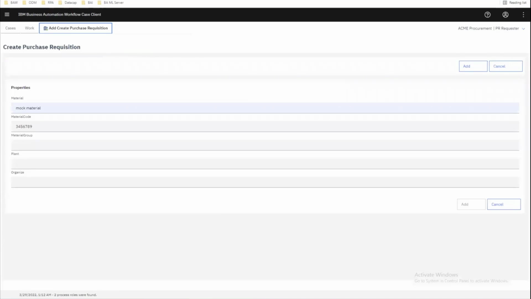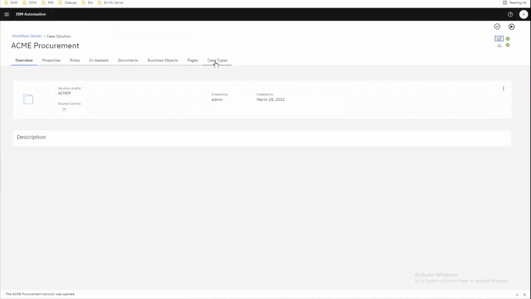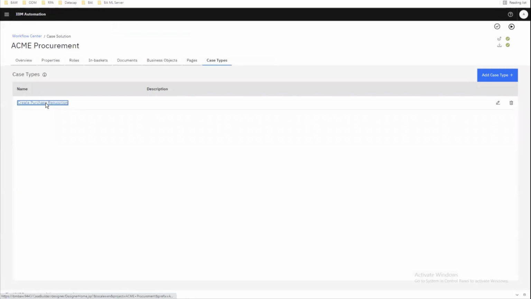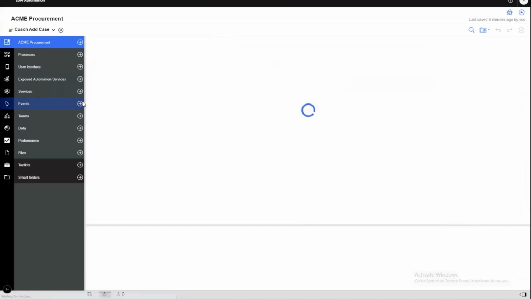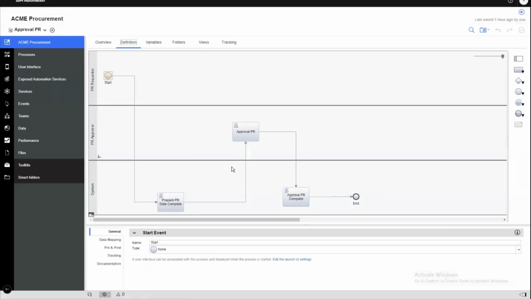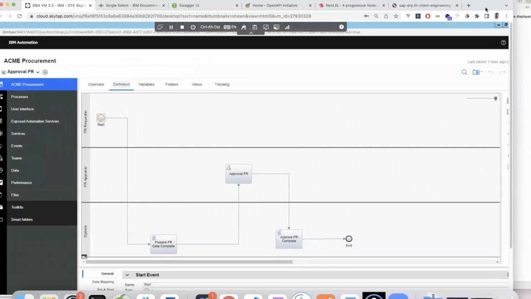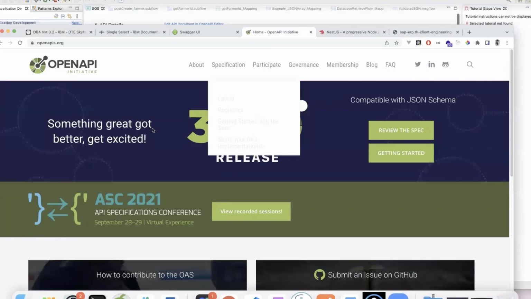The concept is that we need to use our case solution to make it call the external API. If we want to do something like this, we need to rely on the REST API. Another concept is the OpenAPI Spec, because in today's standard, for communication between APIs we need to have some kind of standard. The standard that we are going to use today is the OpenAPI Spec here,